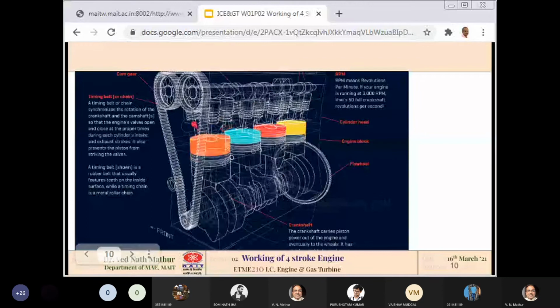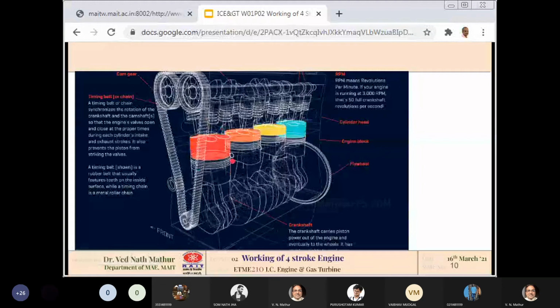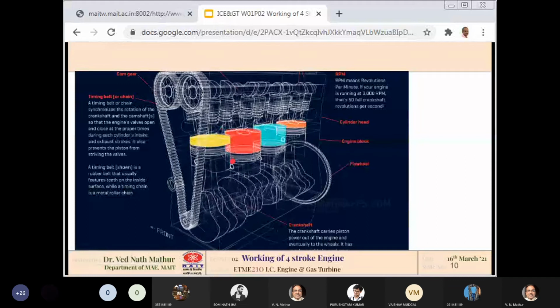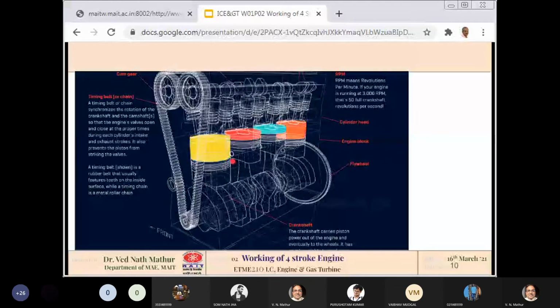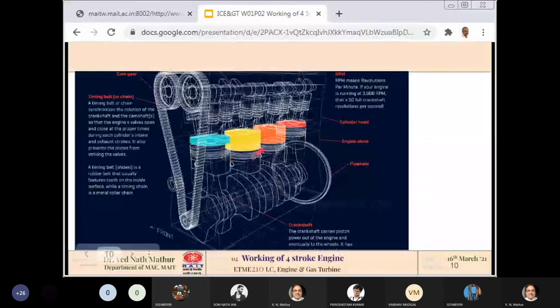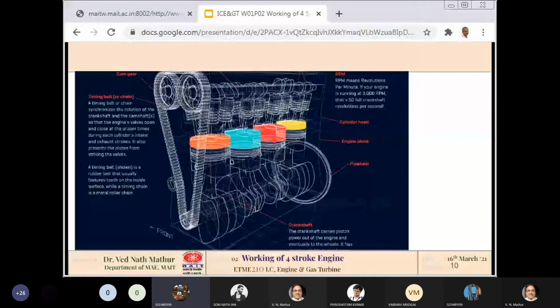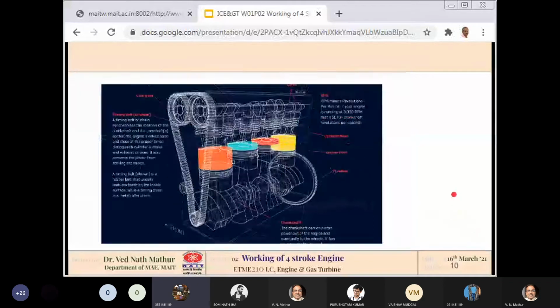The inlet manifold and exhaust manifold are not shown in this diagram, but there are automobiles, there are cars, there are engines which have 3 valves, 1 inlet and 2 exhaust. So earlier in olden days, say in the 80s or 90s, automobiles used to have 1 inlet and 1 exhaust valve. So this is a relatively new concept. Now most car engines have 2 inlet and 2 exhaust valves. What is the reason behind it? Earlier they used to have 1. We'll be studying that in detail. Keep that question for the future. Okay, understood.